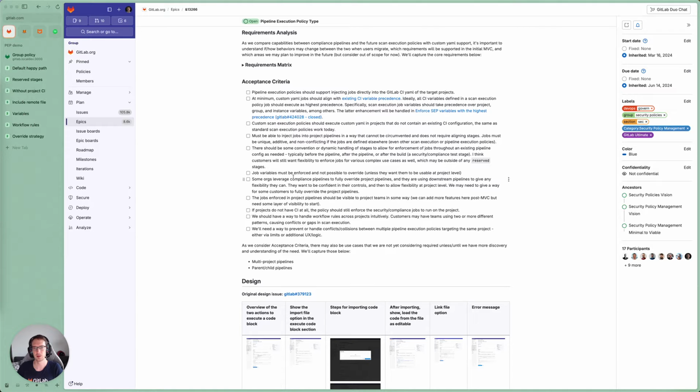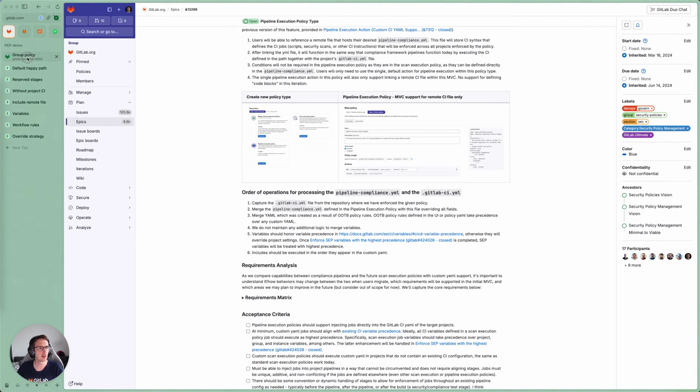The job variables that are defined in these policies should be enforced, and it shouldn't be possible to override them. And there should be a way of handling workflow rules so that it works exactly in the same way as for the main CI in the project.